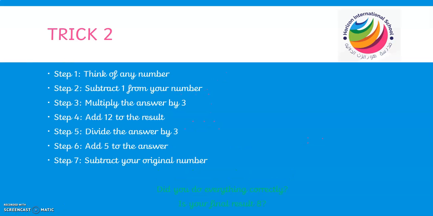Trick number 2 is a little more challenging as it involves 7 steps. When performing this maths trick, your audience can choose any number. For this reason, you need to be very comfortable with subtracting, multiplying, adding, dividing, because your audience may choose a number higher than 10. Now,